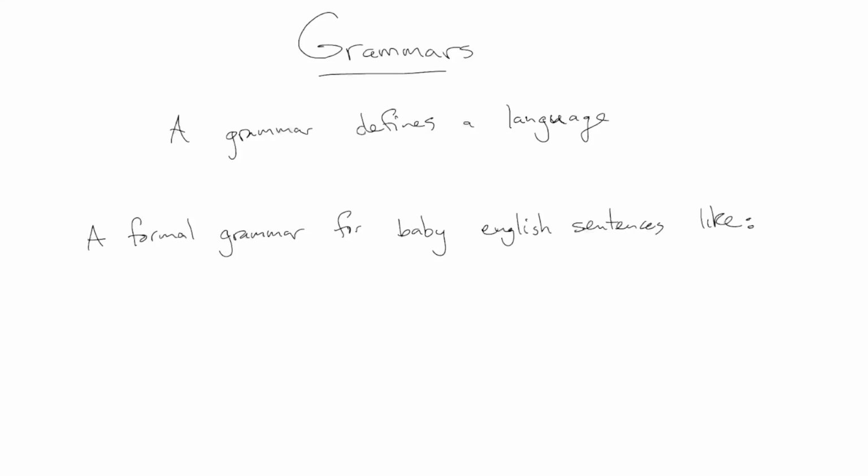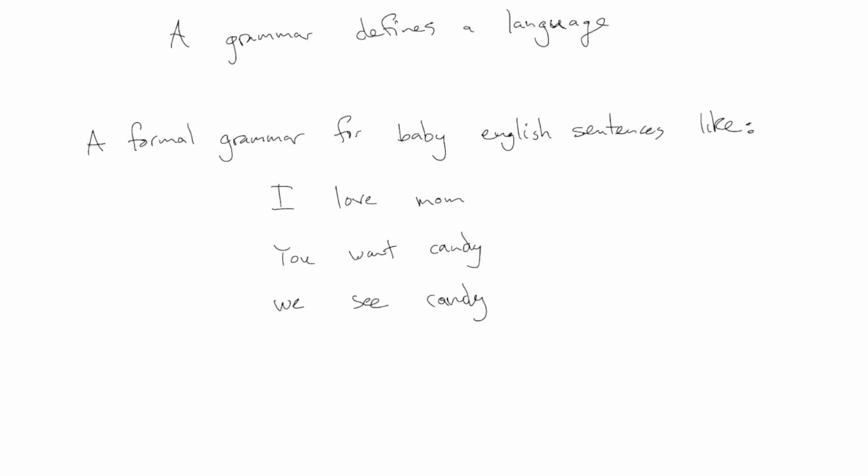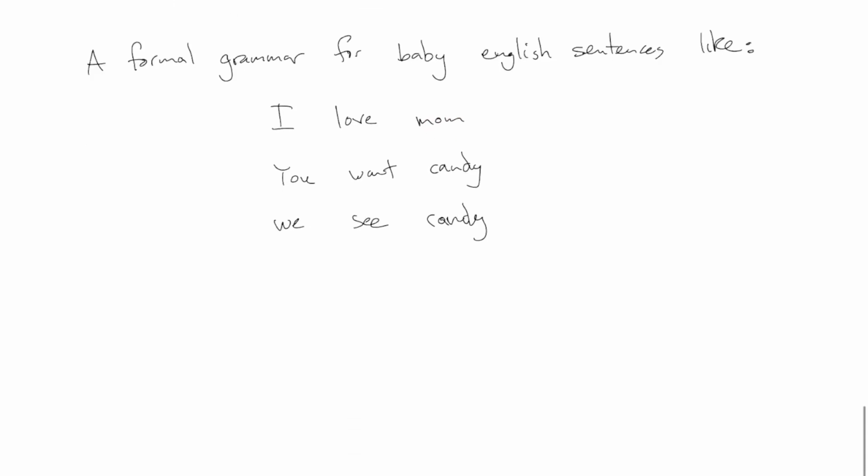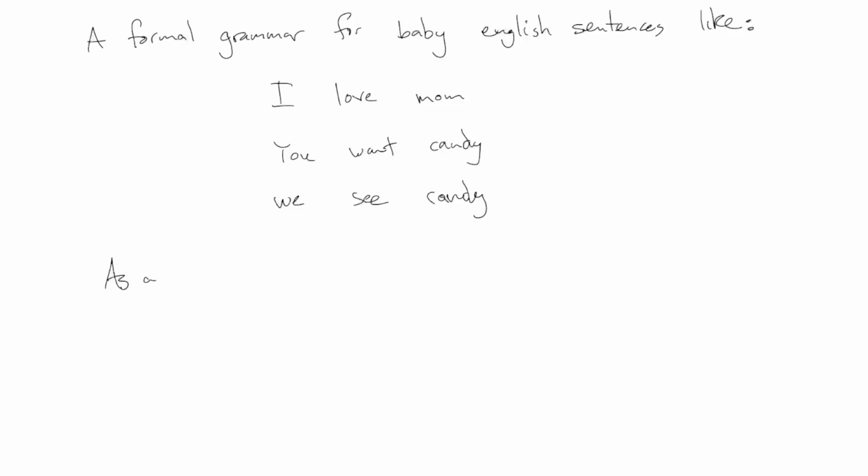I'm talking about very simple sentences like, I love mom, or you want candy, or we see candy. This is a very rigid type of structure. If I were describing this in traditional grammatical terms, I would say these are all sentences which have the form noun, verb, object, something like that. So the way that you would write this as a grammar,